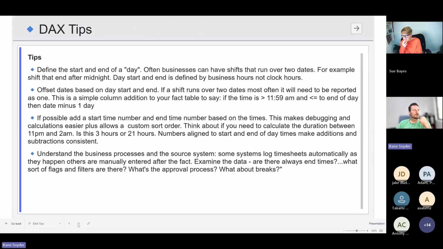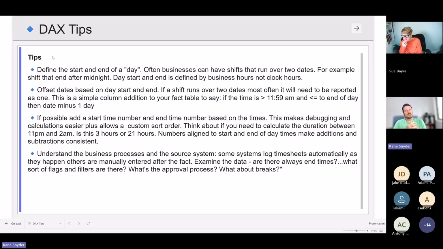Why this is important is because if you were filtering by time in a report, it means that you're just getting the start times of the timesheets. It'll make more sense as we go, but keep that in mind. We're filtering by time and it's by the start time. So if we filter to 1 p.m., we're only getting timesheets that start at 1 p.m.